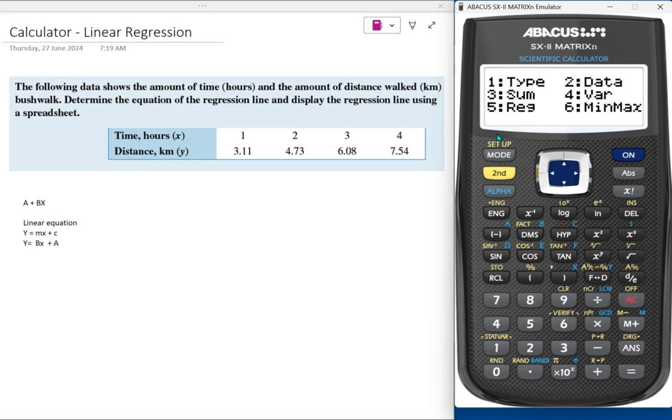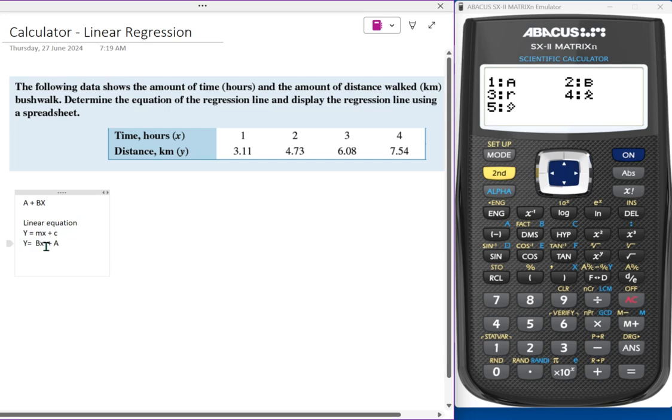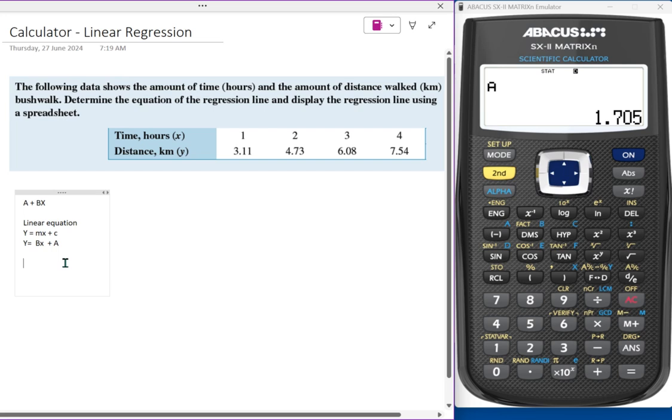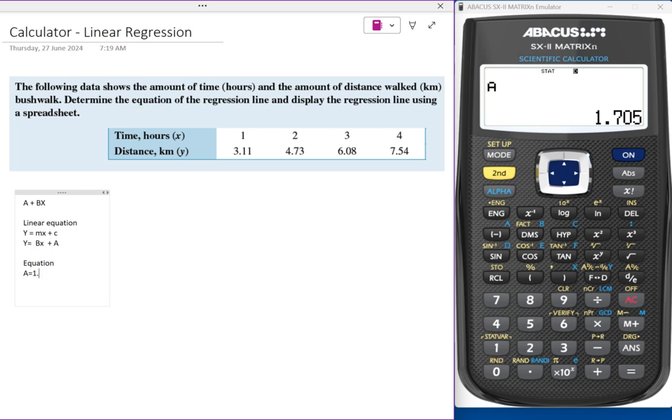And this time we've got a whole bunch of different options. This time we want number 5 for regression. So 5, and remember we were concerned with a and b as our terms. So I'm going to press number 1 for a equals, and I'm just going to write that down. So let's put equation a equals 1.705, b